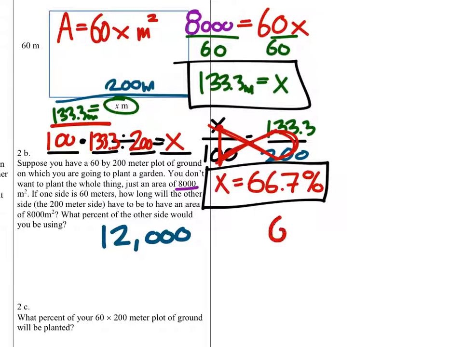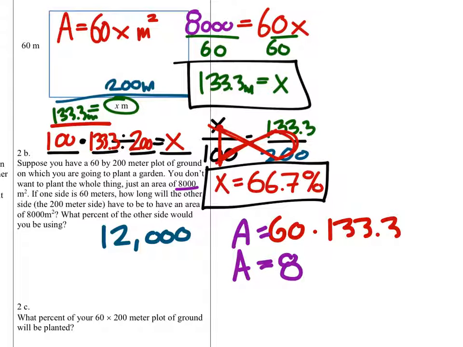So we need to find the area of just the portion that will be planted. It's a 60 by 133.3 meter lot. So the area of just the planted area is 60 times 133.3. Well, the 3 repeats, so I'm going to make that 8,000 square meters. So I'm going to subtract that. Well, no, I'm not going to subtract it. I apologize. If I'm using 8,000 of it, and it was a total of 12,000,